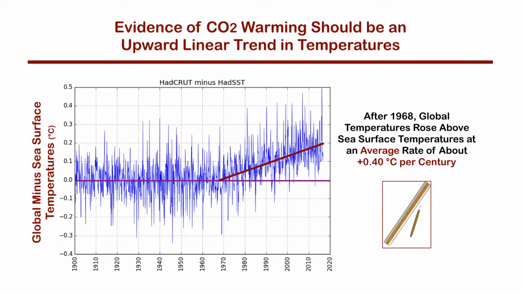Well, the consensus of climate scientists tells us that the evidence of CO2 warming should appear as an upward linear trend in temperatures. And if you look at the difference between global temperature and sea surface temperature data here, getting out our ruler and pencil again, we can in fact draw this nice straight line, and it looks quite reasonable that this is in fact the evidence of CO2 warming that the climatologists have been searching for, that we see an upward linear trend. After 1968, global temperatures rose above sea surface temperatures at an average rate of about 0.4 degrees centigrade per century. Well, that's all very great, except